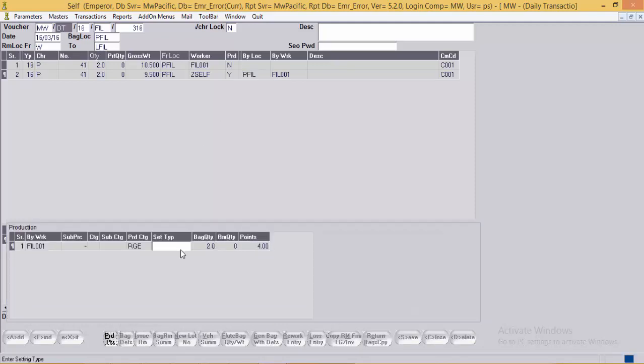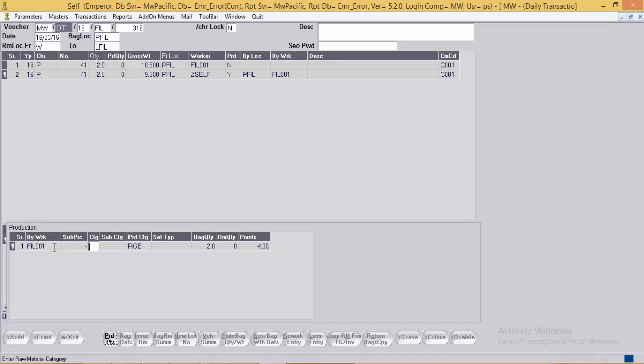Now here, the user also has the option to manually edit the production points in the case where the bag contains more than one piece and each piece has been allotted to different workers. In that case, the user will have to manually edit the production points over here.